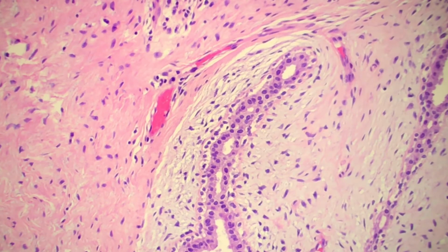Other stains are variable, so whether or not you want to do them is up to you. They include smooth muscle myosin heavy chain, or SMMHC, smooth muscle actin, or SMA, p63, and other myoepithelial markers. Most of those are markers that you'd use for myoepithelium. And remember, you don't have to have diffuse staining of myoepithelium for it to be there. It can appear relatively focal